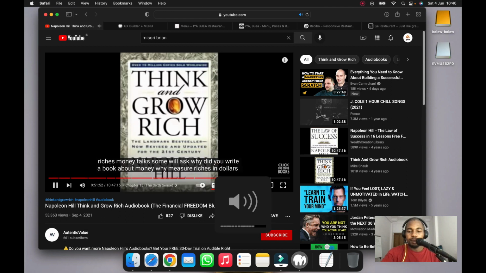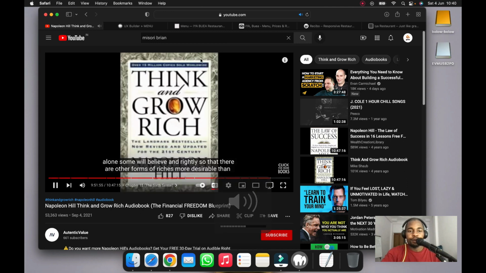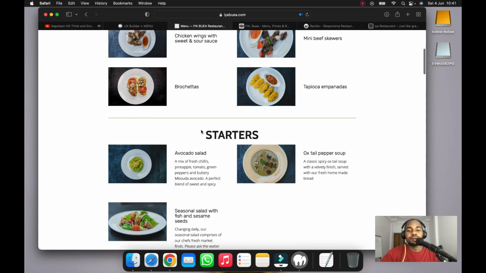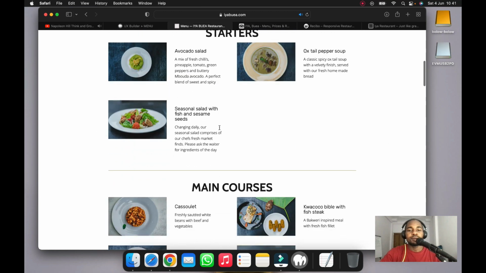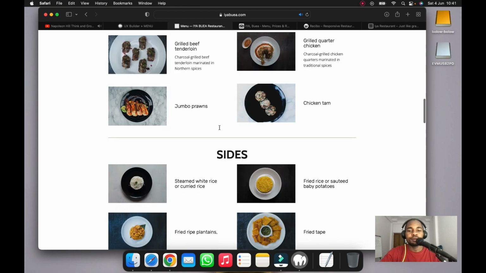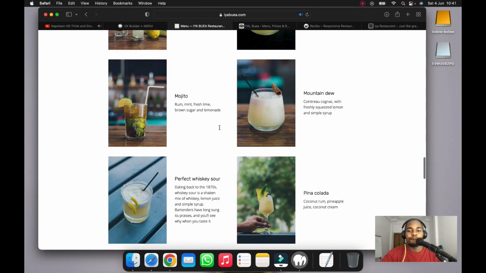Some will believe, and rightly so, that there are other forms of riches more desirable than money. Yeah, of course. Yes, there are riches that cannot be measured in terms of dollars. But there are also millions of people who say, give me all the money I need, and I will find everything else I want. The major reason why I wrote this book on how to get money is that millions of men and women are okay, so